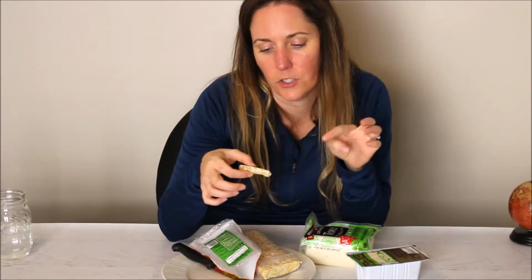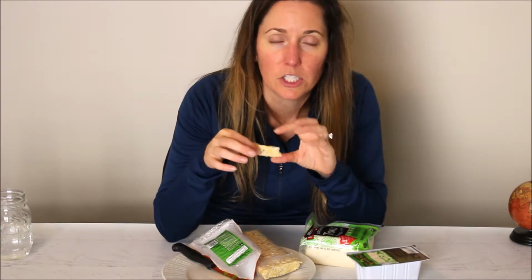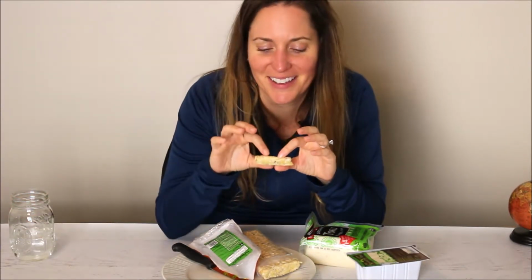And it works well if you're doing any kind of skewer, or again, you can just put a slab of it after it's been marinated and seasoned on the grill. I also really like using tempeh chunks in a stir fry or a curry. So in a curry, in a thick, hearty sauce, this is again going to hold together really